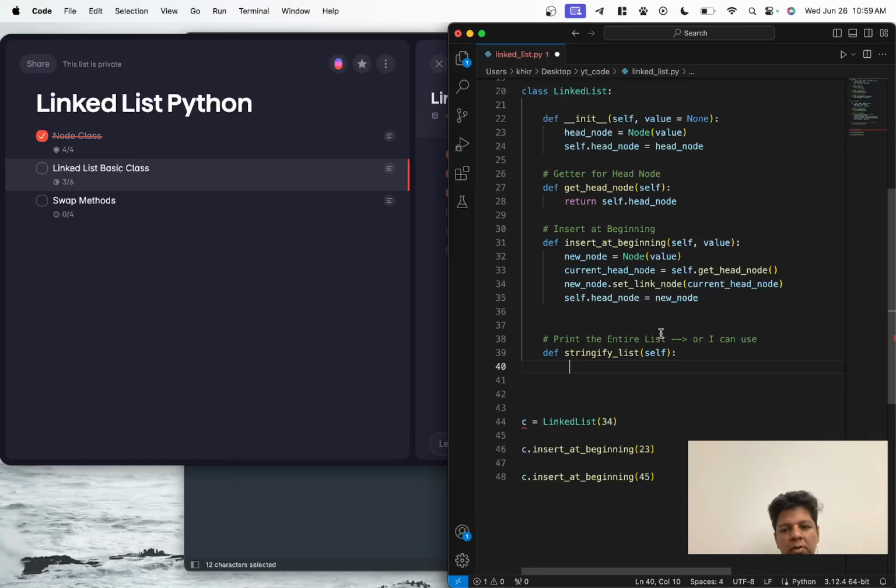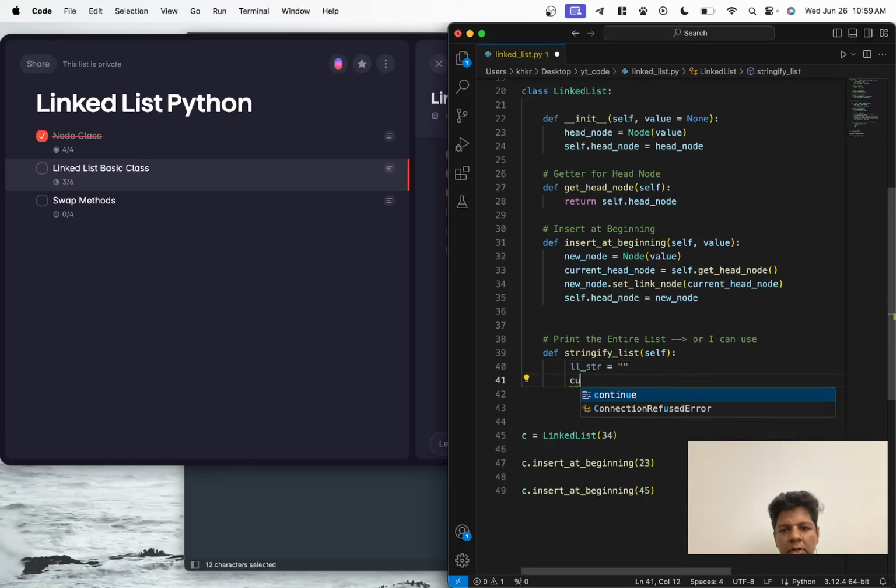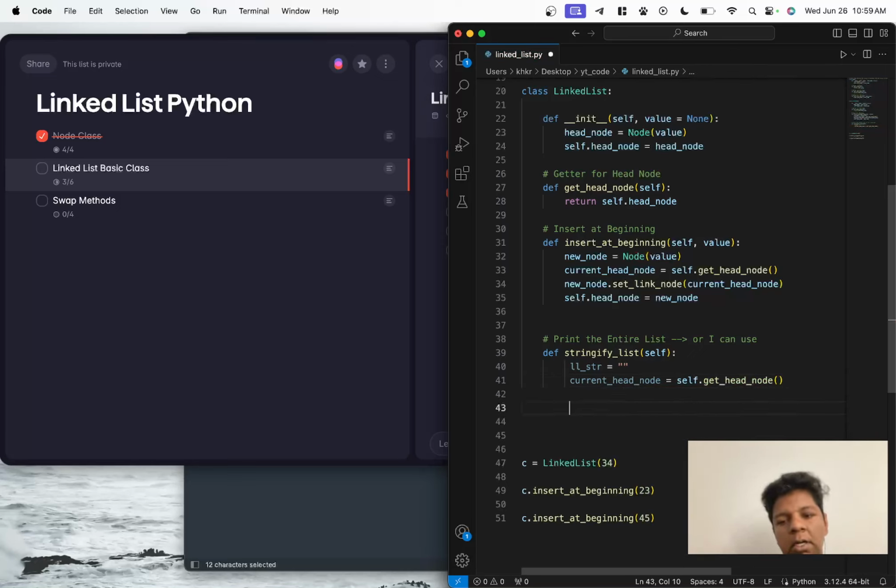So first I'll call something like linked list string equals an empty string. And first let's take our current head node: current head node equals self dot get head node. Instead of calling it current head node, let me just call it current node, which makes sense. So while current node,